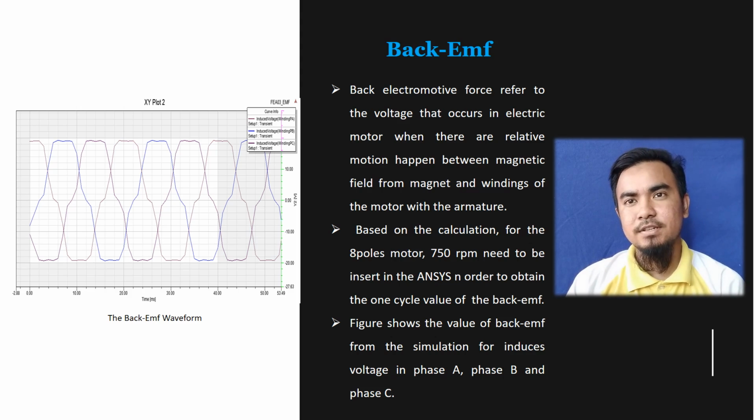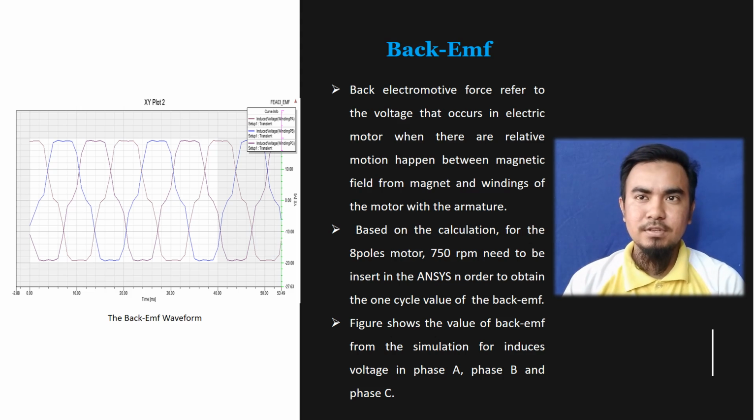Based on the calculation for the 8-pole motor, 750 RPM needs to be inserted in the analysis in order to obtain one cycle of the back EMF. The figure shows the value of back EMF from the simulation